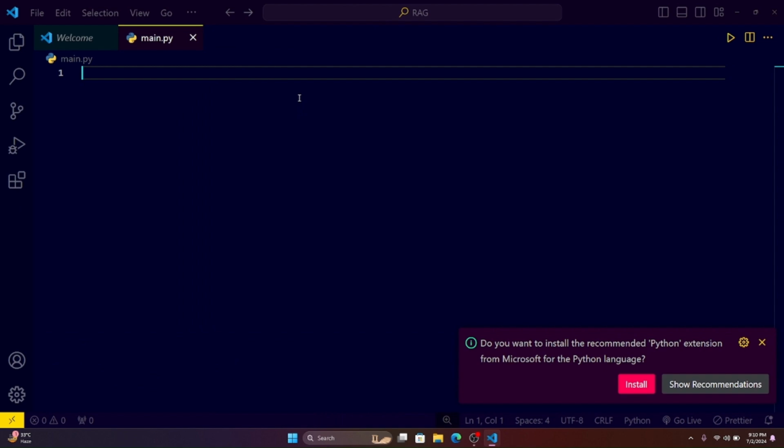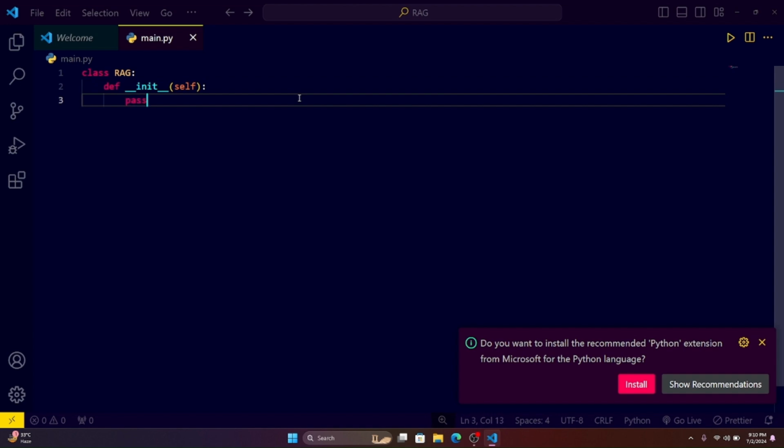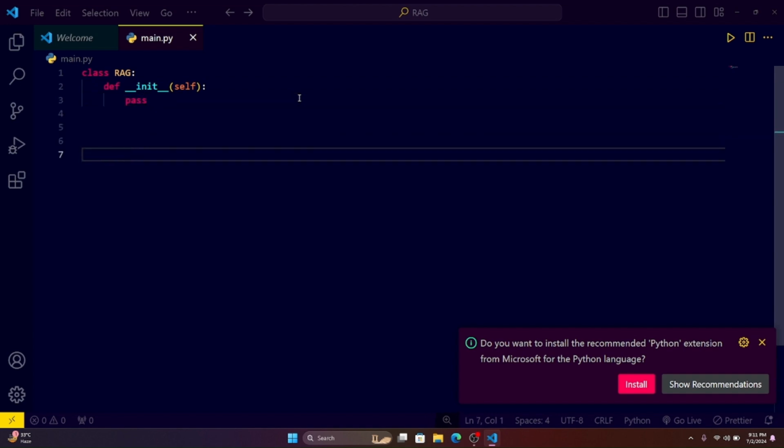Next, as I have already told you that I'm gonna build this complete code with the help of OOP, so define our class name as RAG. Define your constructor here, __init__, pass here our keyword self, and here pass. Next, create an object of our class. For this, type RAG. Here you need to pass 3 parameters. First is our path_data, the path to our dataset. Next we have our path to our vector database for DB, and last but not least, you need to pass your